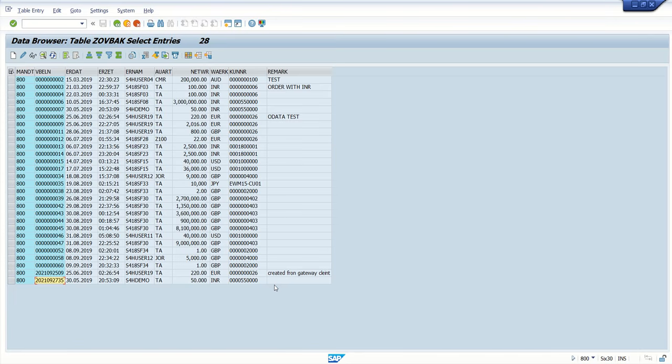But for updating, the record should be there. Then only we can modify the existing record. Otherwise, if it is a completely new record, then we have to go for the create method. So let's implement the update method